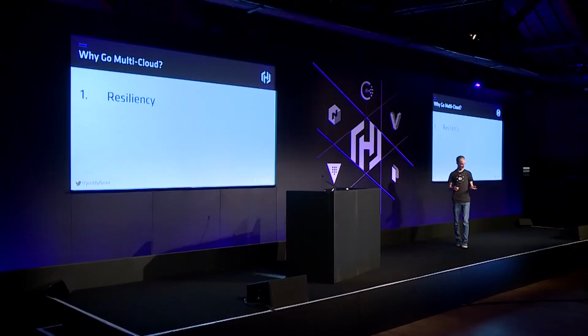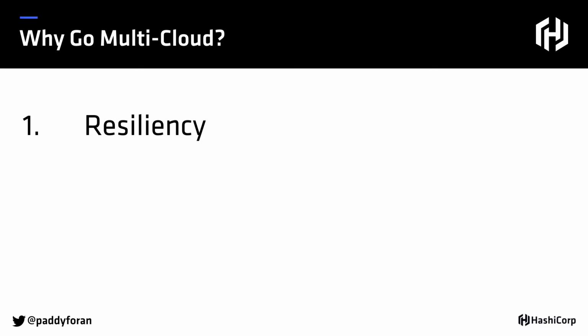There are really two main benefits you get from going multi-cloud, and the first one is obviously resiliency. Sometimes, it's rare, but sometimes cloud providers do have bad days, and I like it when cloud providers' bad days don't turn into my bad days. So if my application can stay up even when one of the cloud providers I depend on does not stay up, that would be super swell. And that's something that going multi-cloud can help with. If you deploy your application across multiple clouds, you obviously need more than one of them to fail before your